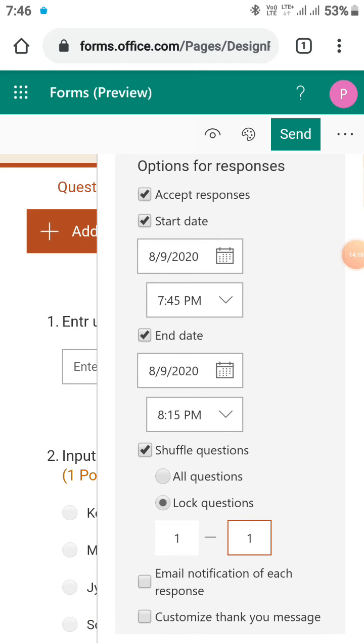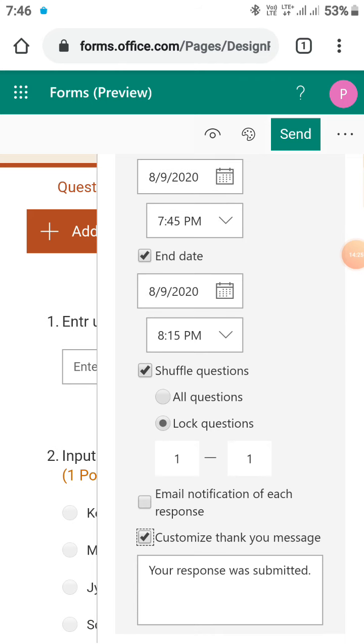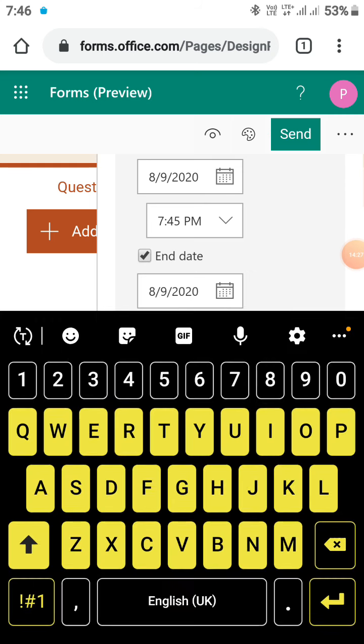Thereafter email notification or customize your message. Email notification is not required for us because their answers will come to us via email. So no need. This is important again, customize thank you message. So I clicked on it, it is written your response is submitted